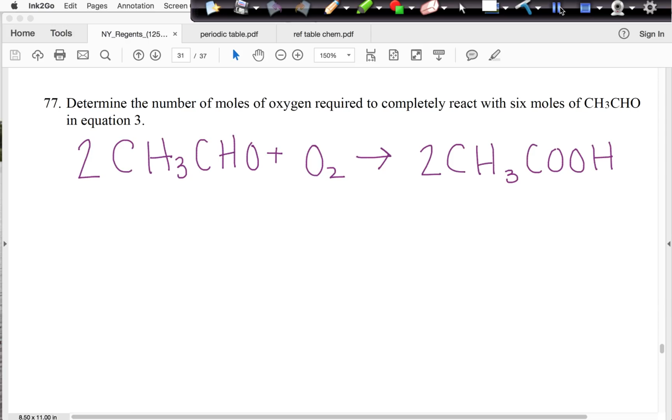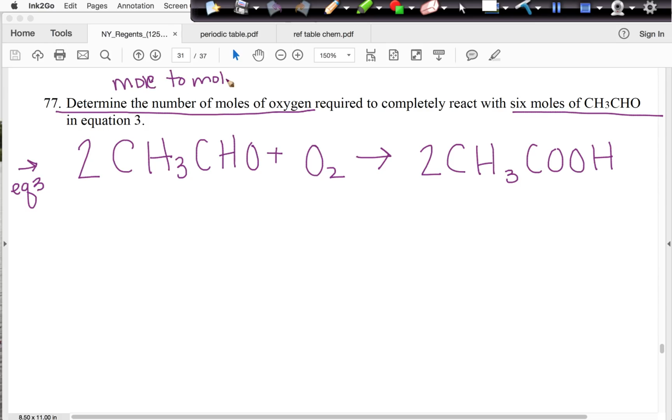So number 77 says determine the number of moles of oxygen required to completely react with 6 moles of CH3CHO in equation 3. So when we look at equation 3, I just rewrote it here so I didn't have to scroll up. When they ask you for a number of moles required to completely react with another number of moles of something else, this is called a mole